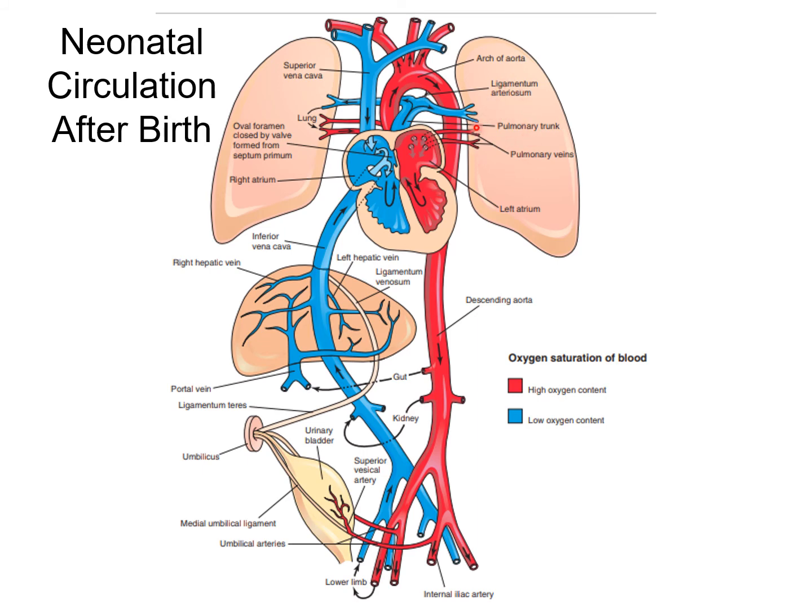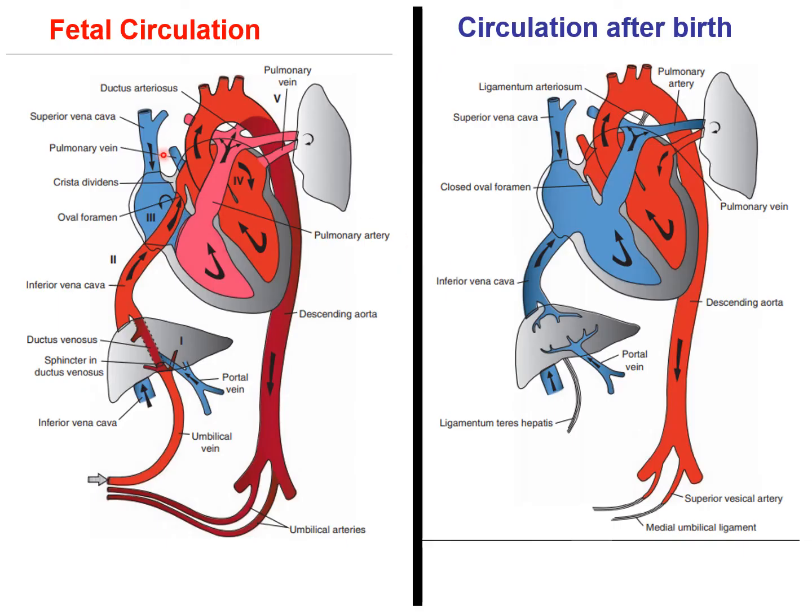Adult circulation has started, and from here the blood is coming back to the left atrium. Because of the pressure increase in the left atrium, the septum primum and septum secundum are pressed together, and the foramen ovale is closed now. So the blood enters into the left ventricle, and from the left ventricle through the ascending aorta it enters into the baby's body. So this is the human adult circulation. That is the difference between fetal circulation and circulation after birth.